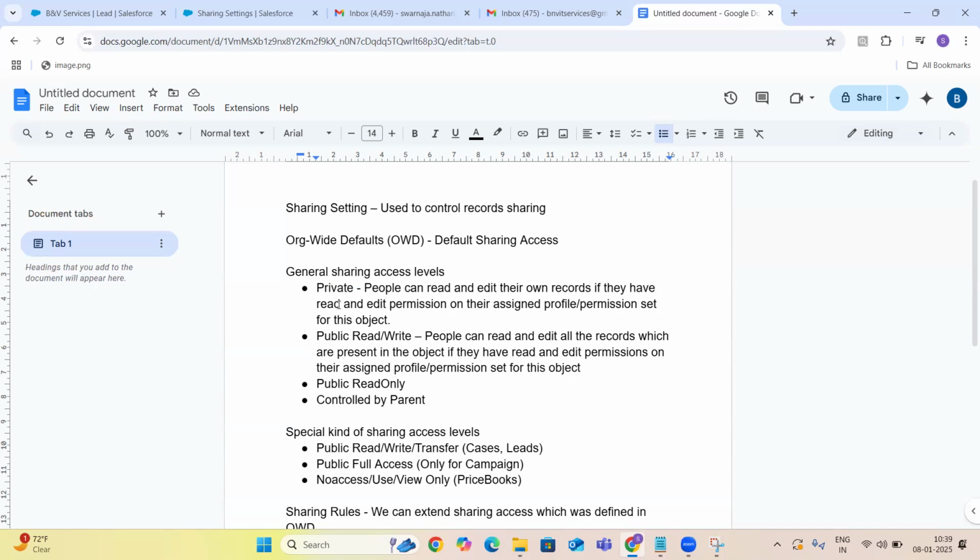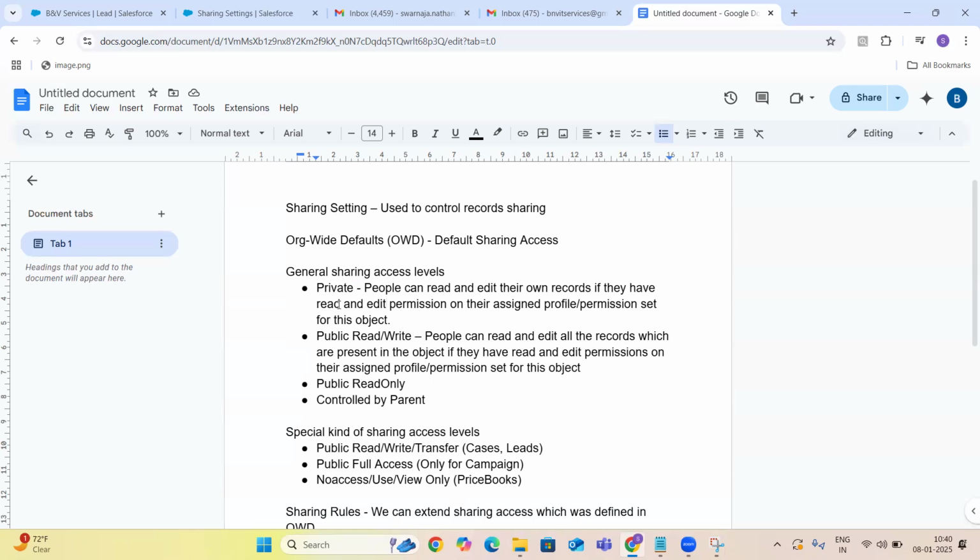But in the case of private, you can do it on your own records, that means records created by you or records where you are the owner. That is where private applies. Public read write is something like that: you can edit the records which are owned by other people also. That is public read write.